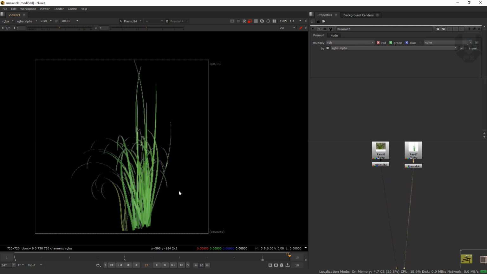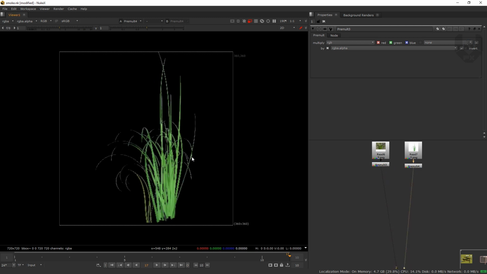Now I have a very low resolution because otherwise my system will get stuck. You can use a higher resolution, but make sure, as this is particles, it may hang your system. So if your system is high config, then go for it. Okay, so we are creating a particle emitter, and by using this emitter we are emitting these grasses. Okay, this is the basic idea. So first of all, we are taking this